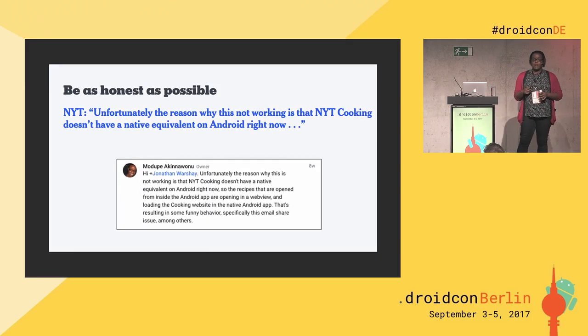Be as honest as possible. Note, it does not say be honest. You do not have to reveal all of your trade secrets to your users. And it may be that you have information that is not disclosable because it's a partner's information or another team's information or what have you. And that's fine. But figure out what those boundaries are and bring users in.